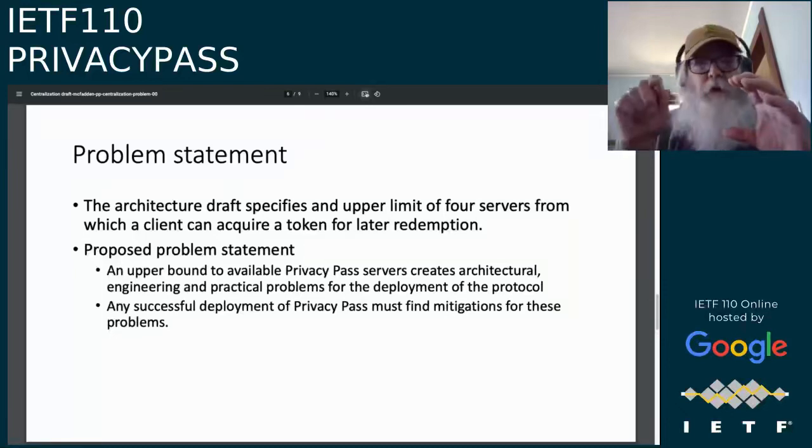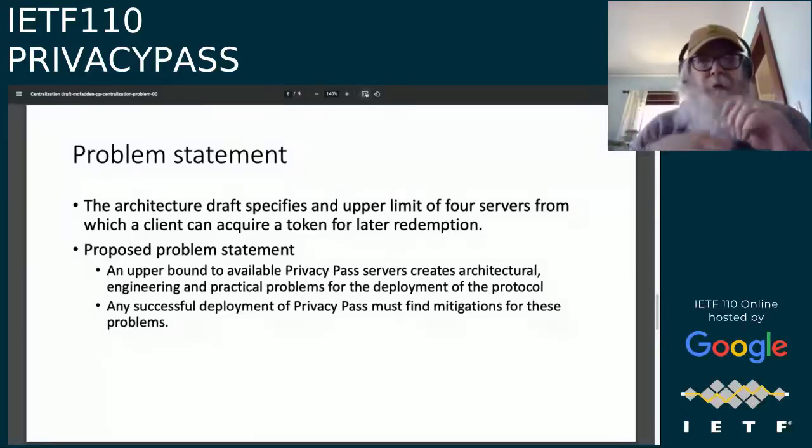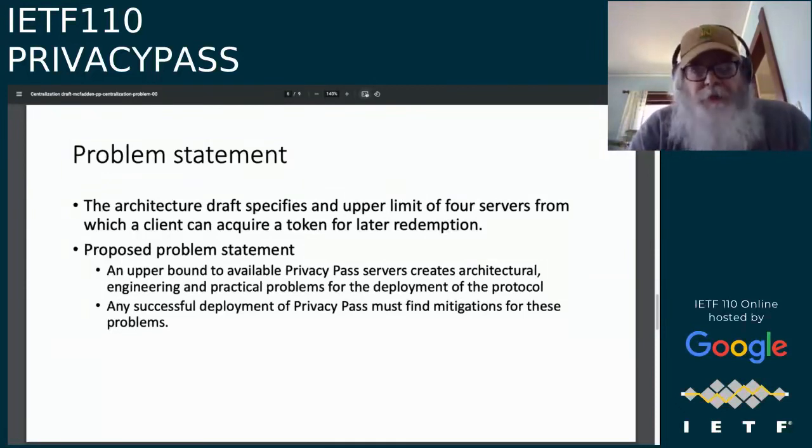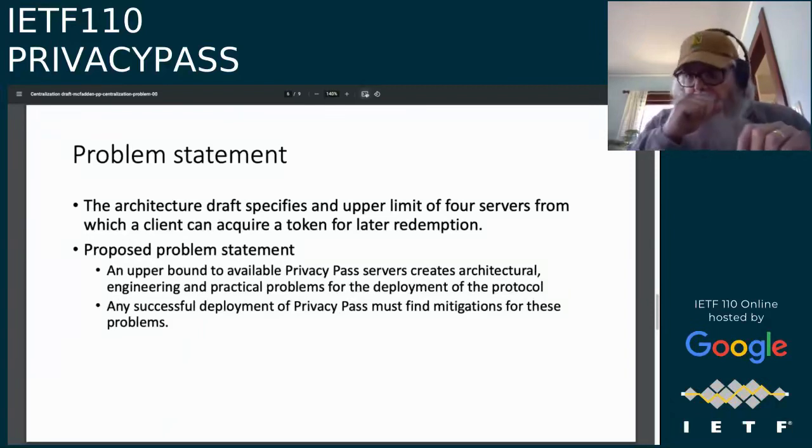So you have control located in a very small number of servers. And then we'd call into question who is running those servers and all the usual questions we have about centralization. So having a very small upper limit on the number of servers brings into question traditional centralization problems that are associated not with